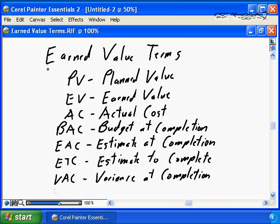Hopefully by that introduction I have you excited and interested in earned value, convinced that it is the right tool to be using for project delivery. Now, unfortunately, I have to take you through a series of terms to help you understand what earned value is and how earned value is used, applied, and calculated. There are a large number of terms. These terms have some funny acronyms, and often these terms and the acronyms and the formulas we're going to discuss